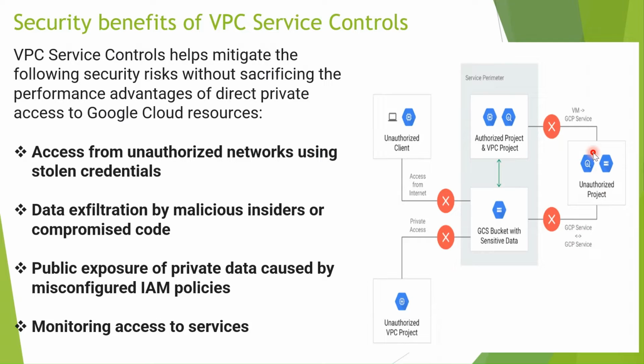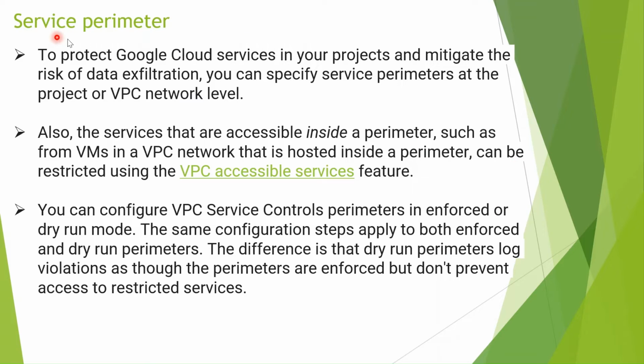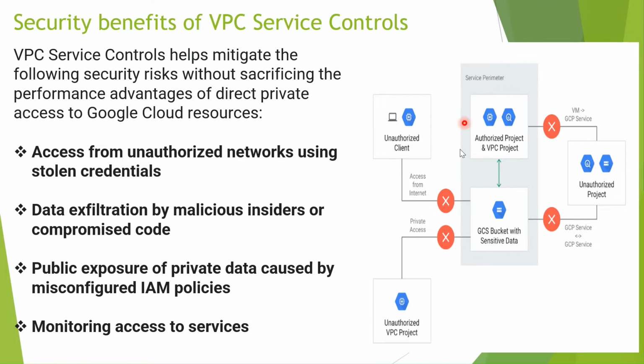We will see how all these work. But the main thing is that we have to create a security perimeter, and in that we have to specify which services you want to protect, basically which services you want to restrict, so that only specific persons, specific IP addresses or regions with traffic coming from there can access them. It is a very broad topic, so we will divide it into multiple parts. After that, we have to create a service perimeter. This is the service perimeter which I am talking about.